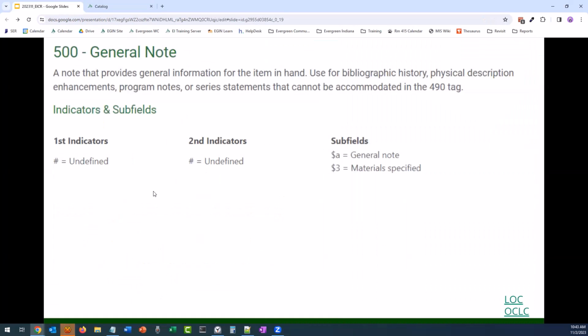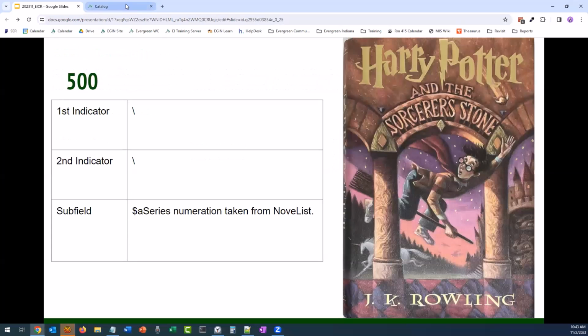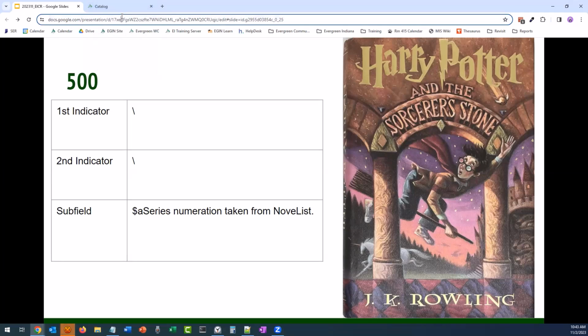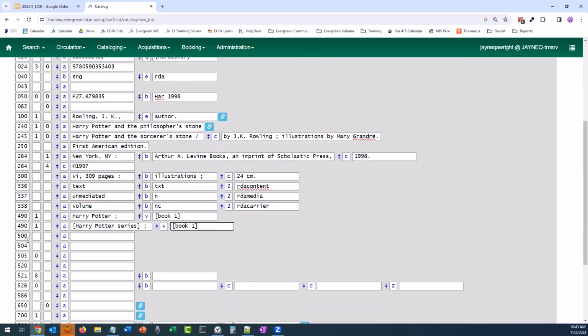Because we are using brackets in the 490 subfield V, we need to include a 500 note field to describe where we pulled the information from. Since the indicators are undefined, we are going to leave those blank. A single subfield A will be used to enter the text. The 500 field does end with a period unless another mark of punctuation is present. So in this 500, let's say I took the numeration from NoveList, so I'm going to enter,